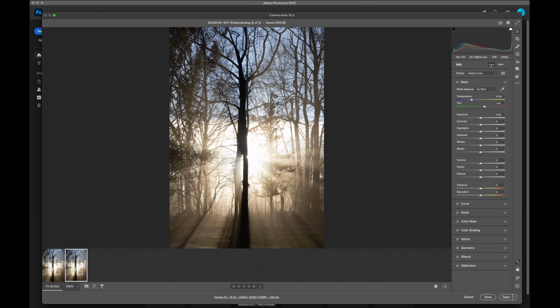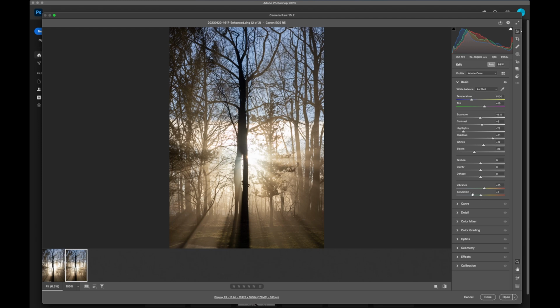One of the things that I will do once in a while is I'll actually hit the Auto tab just to see what it does to the photo, see if I like those edits. This is straight out of the camera. There was no other edits done to this prior to that, so we're going to get rid of that for right now. But as you can see, using auto, it takes down the exposure a little bit, brings down your highlights, brings up the shadows, adjusts the white and black point, as well as the vibrance and saturation.